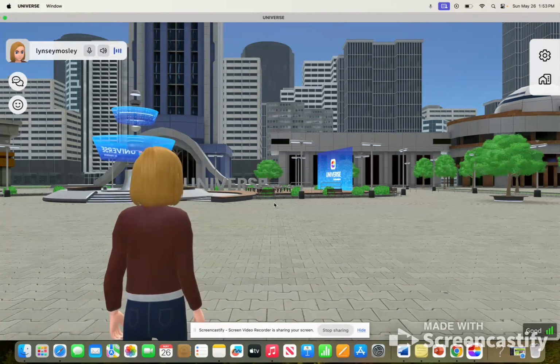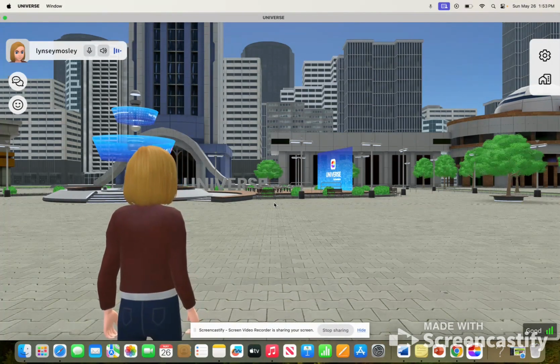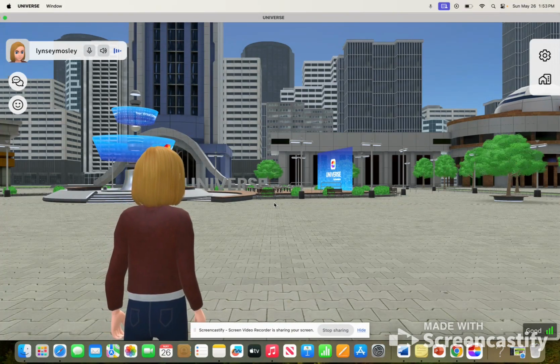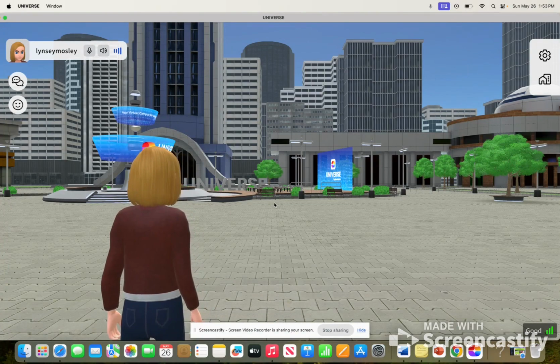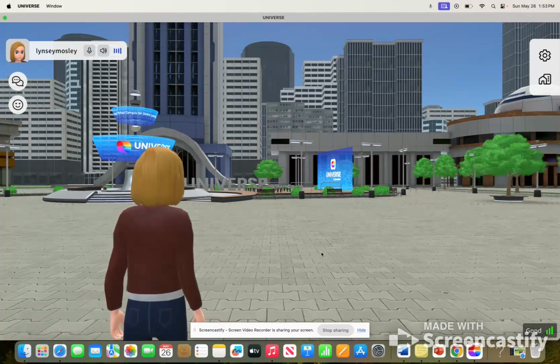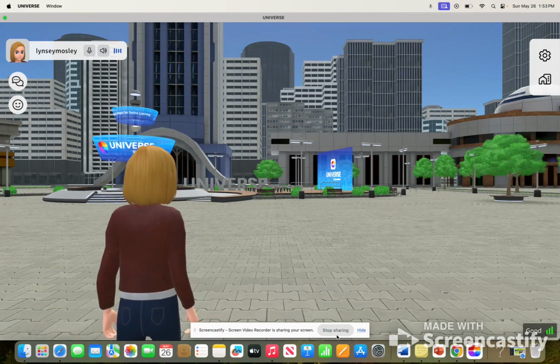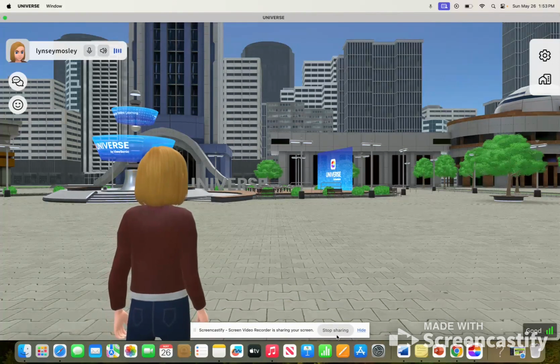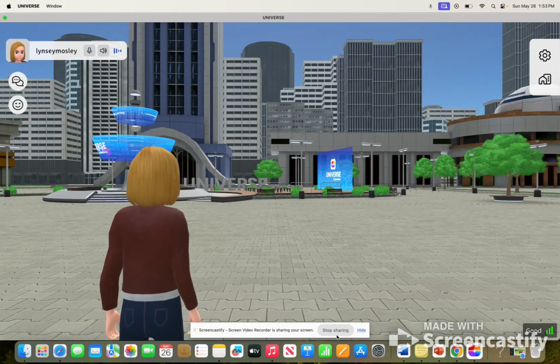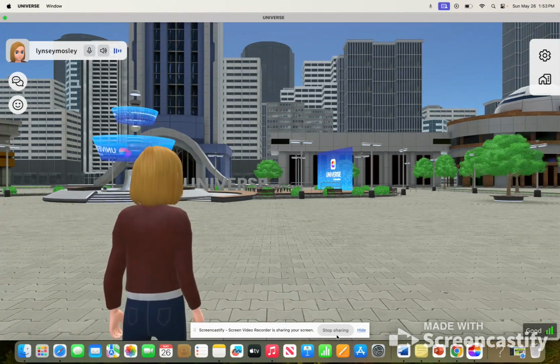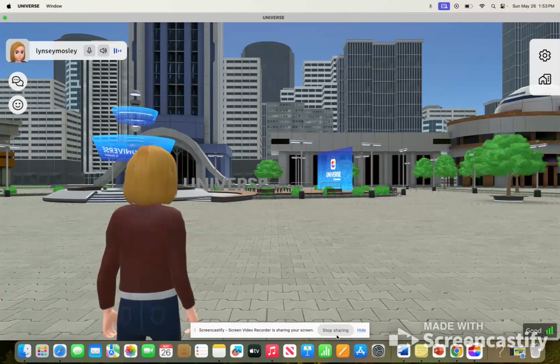classrooms. This platform offers so much for teachers, especially an online platform. As I mentioned earlier, if Universe is something that you are interested in, I would definitely watch their YouTube channel to learn more. It goes very in depth with every icon that they have on their screen, so you fully